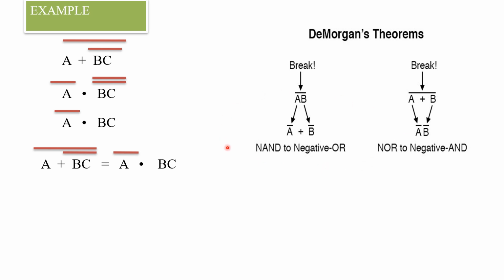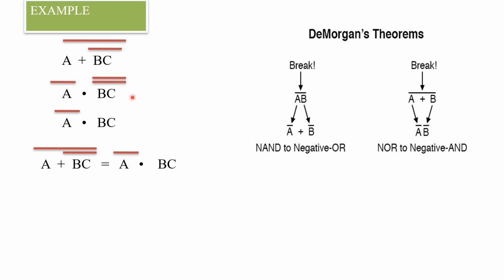Let us see how we can use De Morgan's theorem to solve a Boolean equation. So here we have the equation (A plus (BC)bar)bar. We have two complement terms. Students, always start with the bigger complement first. So we break the complement, so A bar we get here and we get (BC) double bar, and the OR operator gets changed to an AND operator. Now this term is in double complement form, hence the first complement inverts the term and the second complement reverts it to the original.